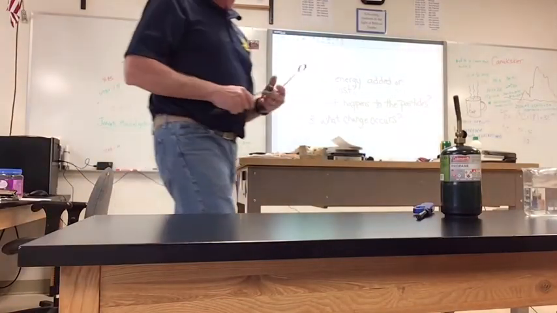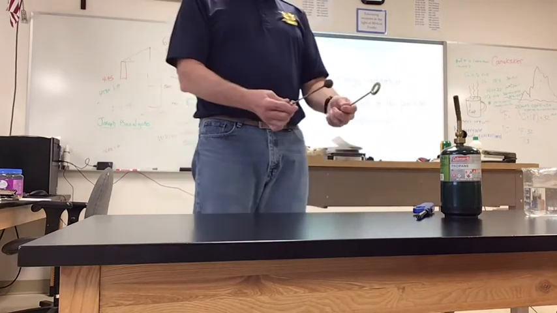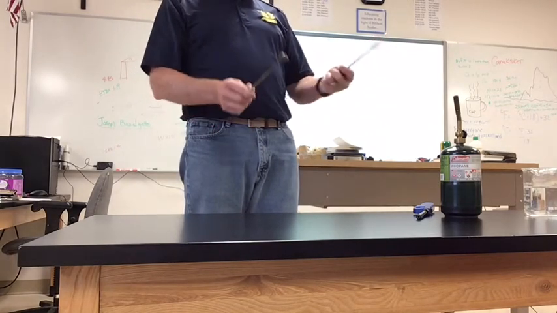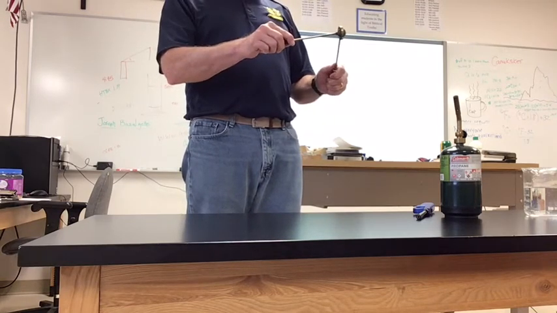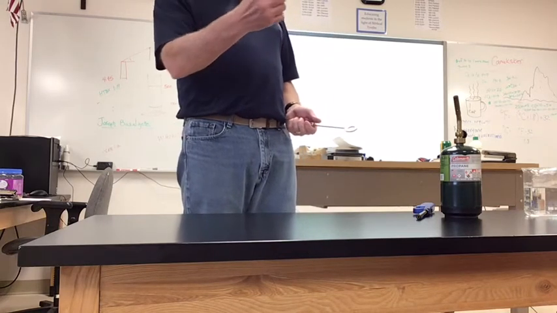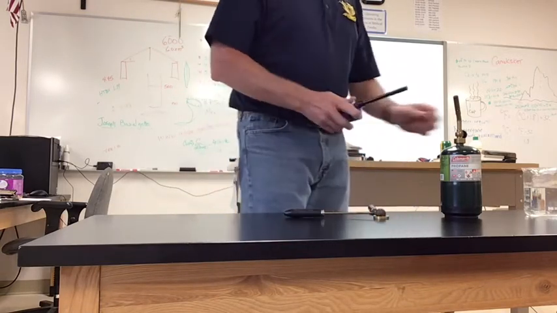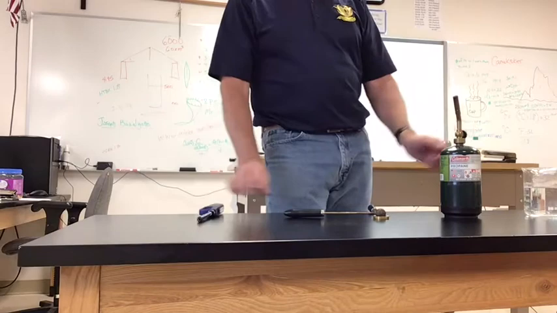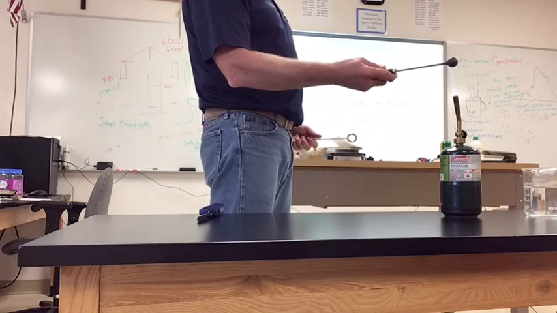Okay, we've changed locations a little bit here to show how this works. I've got two objects, a brass ball and a brass ring. The ring is really just my measuring device. You can see that the brass ball, not a lot of it wiggles a little bit, but it goes through. This is just a brass sphere. If I heat it up in here, now if I was going to answer this,